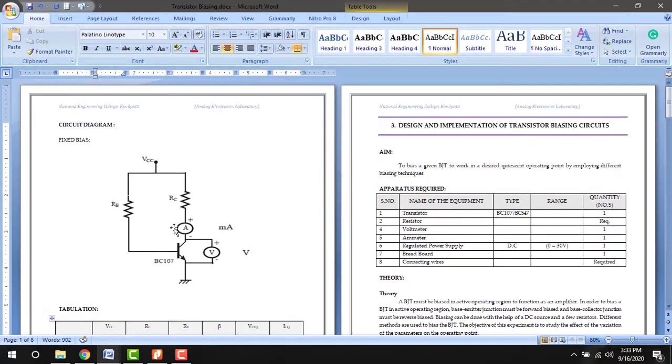So why are we going to do this experiment on transistor biasing? The design of biasing ensures the transistor operates in the active region throughout the input signal. So when we apply an input signal, whatever may be the input signal, positive or negative, the transistor should be in the active region. For that we have different types of biasing. In theory we have 4 different biasing, but in the laboratory we are going to verify 2 types of biasing: one is fixed and the other is potential divider biasing, and their design.